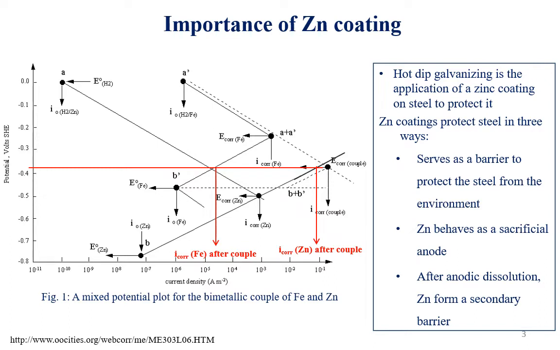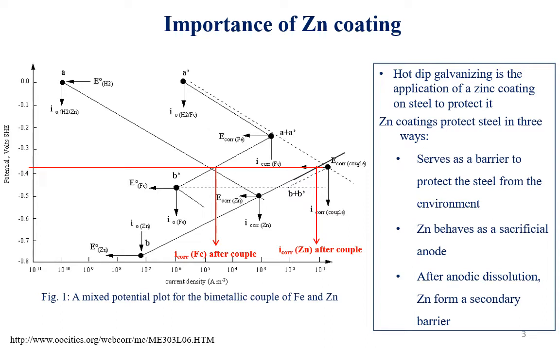Zinc coating can protect the steel in three ways. First, it acts as a barrier to the corrosion environment. If any damage happens on the coating surface, the exposed region is cathodically protected while the surrounding zinc is galvanically corroded. This is called galvanic protection. After dissolution of the coating, the zinc also forms corrosion products, which act as a secondary barrier to the corrosion environment. Most industries use hot dip galvanization, the commercially available process for applying protective zinc coating